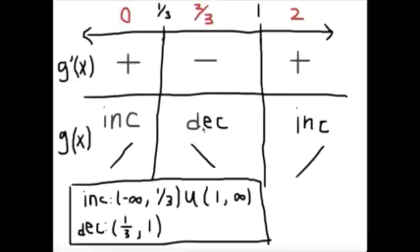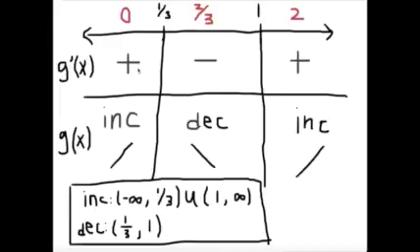Then you would plug the critical points into a number line. So the critical points were 1/3 and 1. In order to find where g of x is increasing and decreasing, we would have to find where g prime of x is positive or negative. So you would plug in a number that is less than 1/3. I just picked 0, and then you would plug 0 into g prime of x,